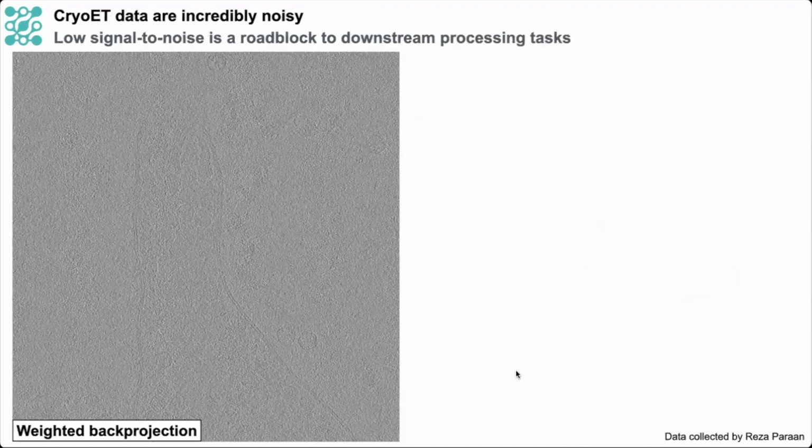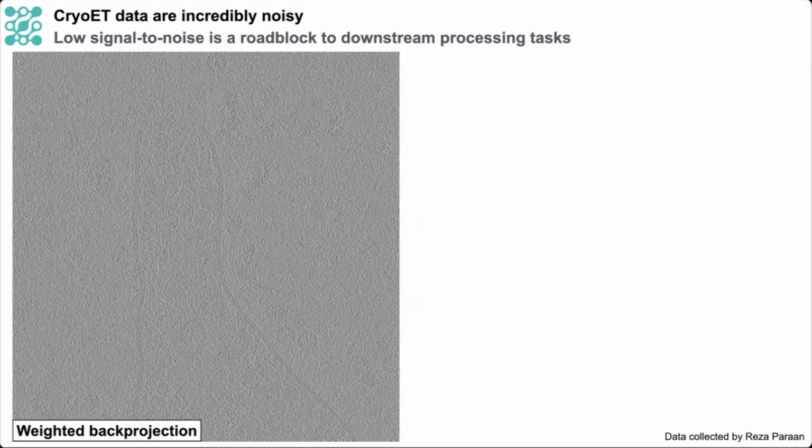Switching gears, the final portion of my talk will focus on the second component of Artoma Live, which is a denoising routine that provides high contrast tomograms. We were motivated to integrate denoising into our live processing pipeline because in almost all cases, some type of contrast enhancement is needed, not just for visual interpretation, but to aid particle picking and segmentation as well.